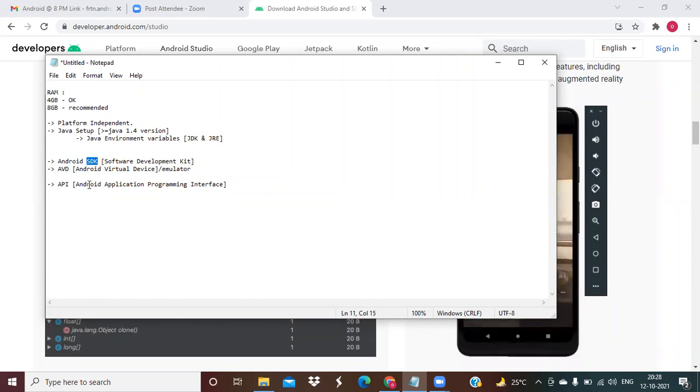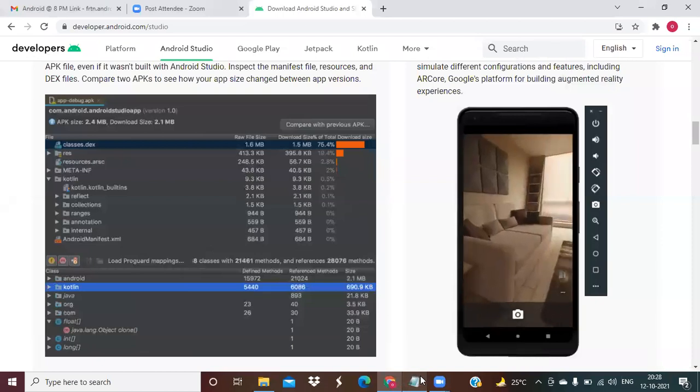That logic we can call the Android application programming interface, or else any enhanced features implemented in the latest version. Whatever enhanced features they implement, those features can also be called an API. So both we can call.